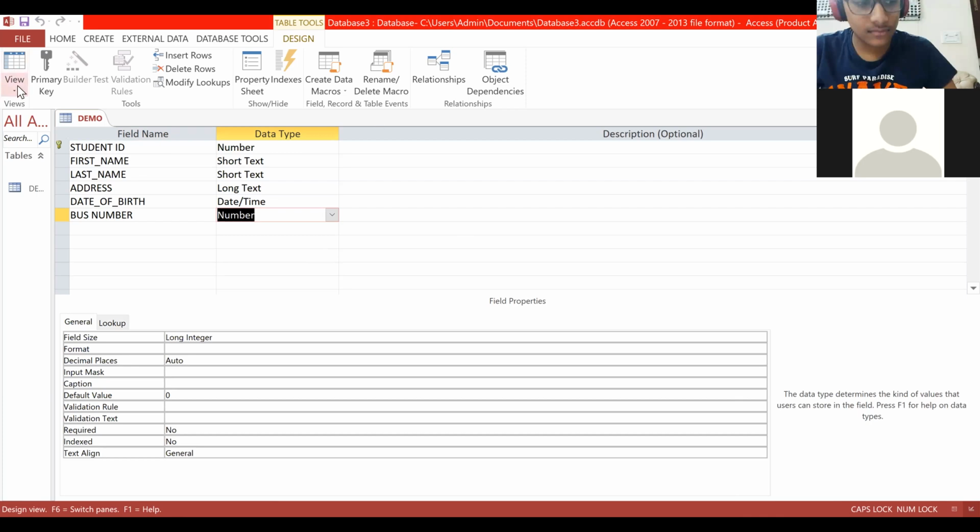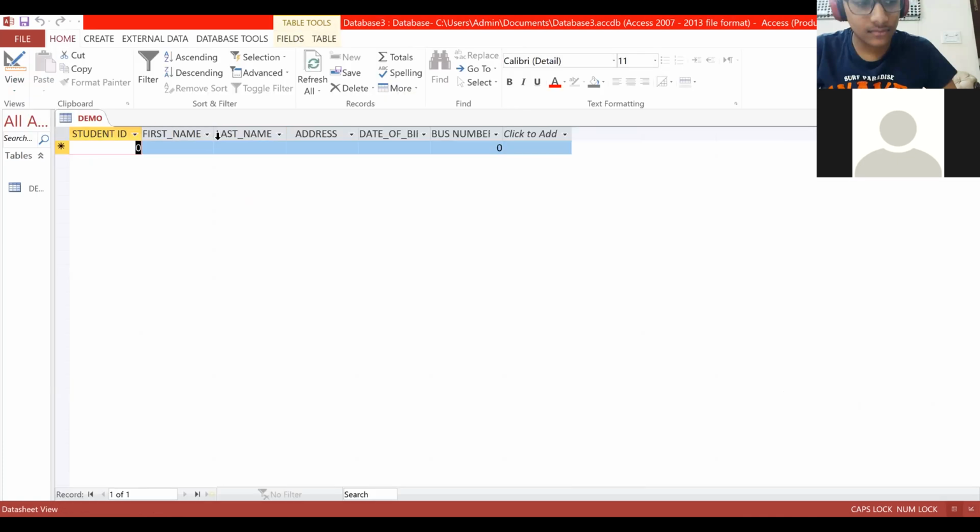Then for adding records, we have to go to datasheet view. See here: first name, last name, address, date of birth, all the fields are created. Now we have to go on adding the records. The first one: the number is 101.